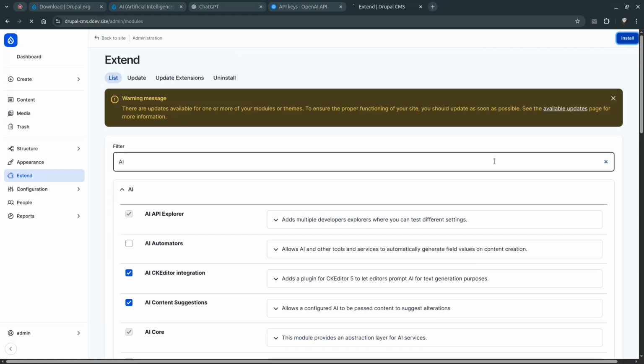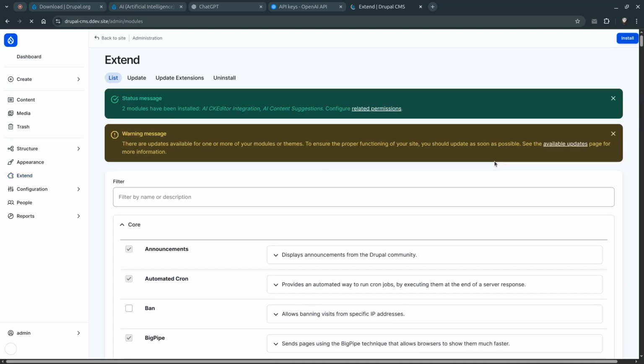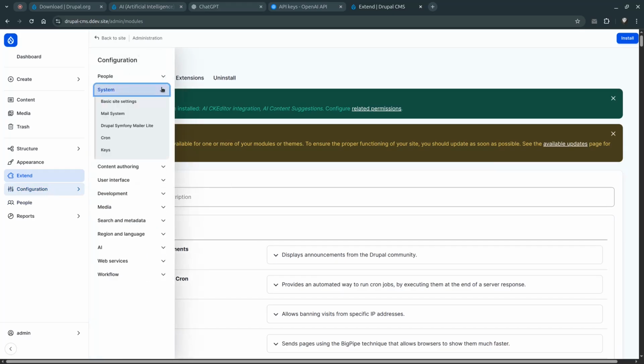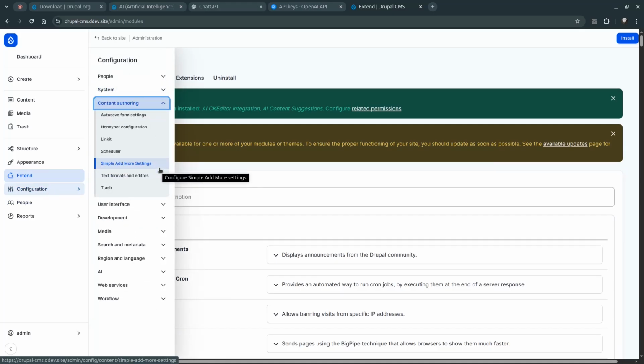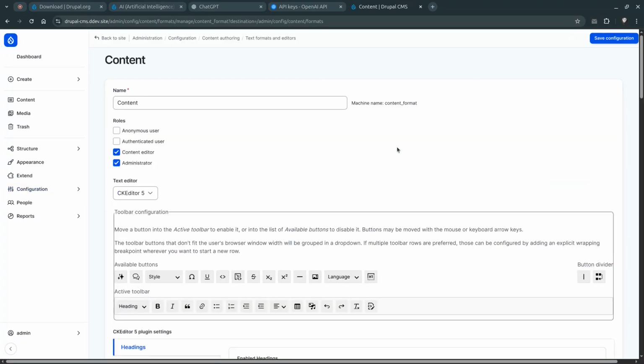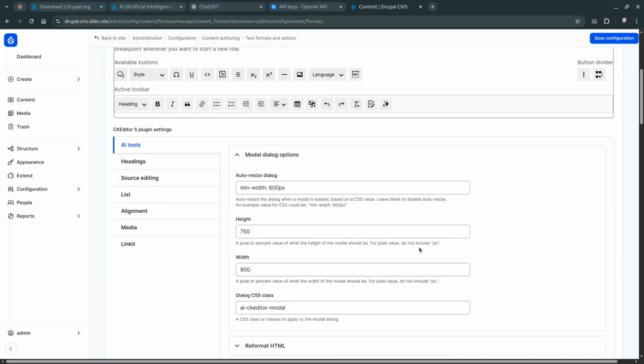And after installation, first we will check CKEditor integration. So let's go to configuration, then to content, text formats and editors, and go to configuration of the CKEditor profile. We need to move a new button, AI, to our active buttons in CKEditor, right? Then